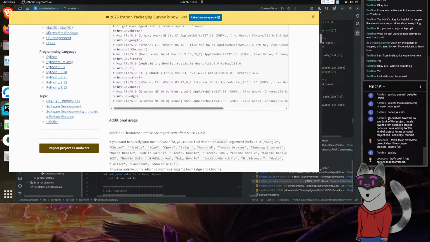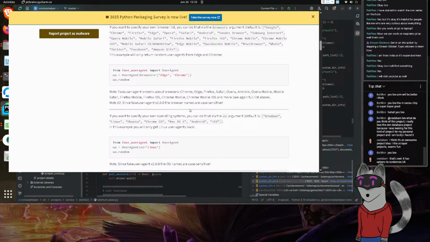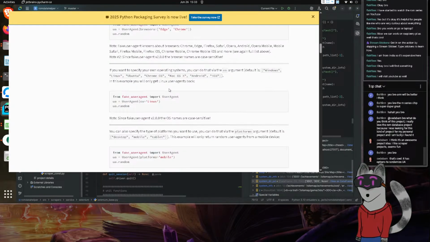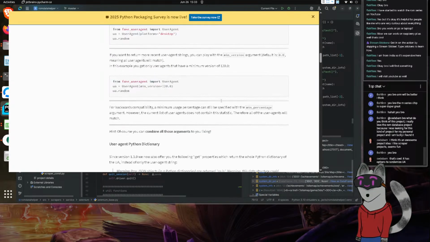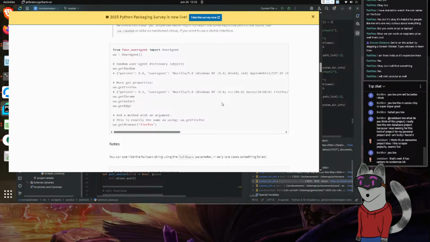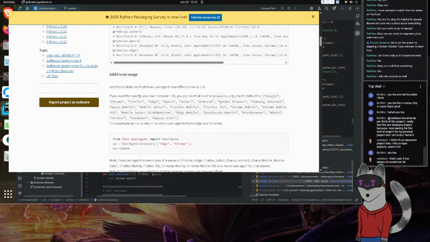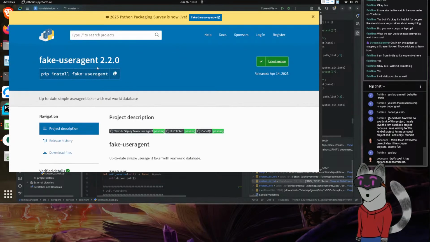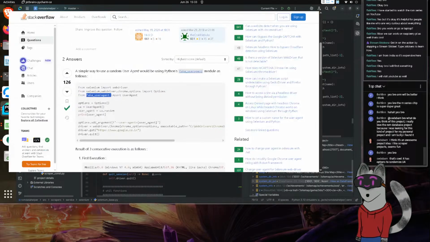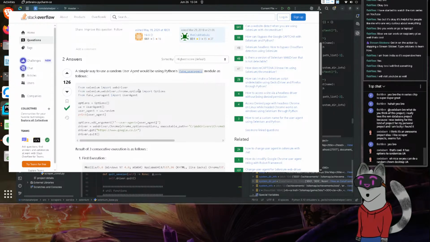They set up a whole data structure for you. And then you can get Edge and so on. This looks pretty useful. So why don't we keep that in mind.